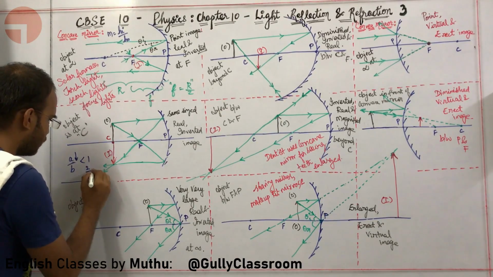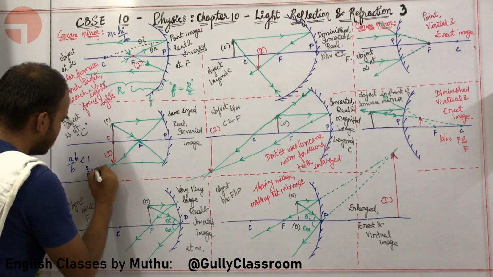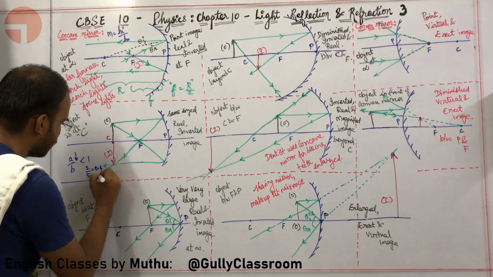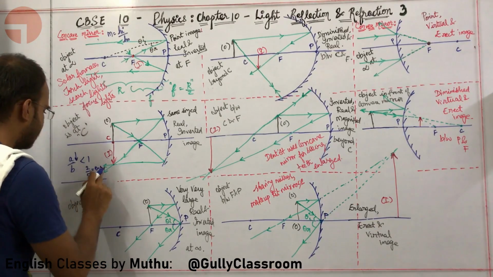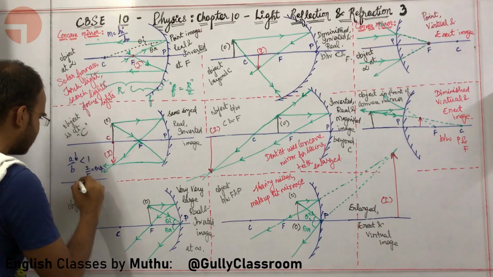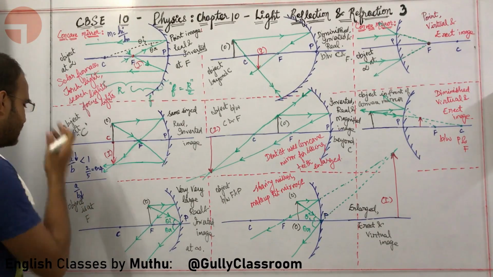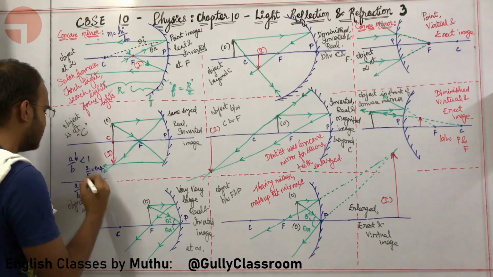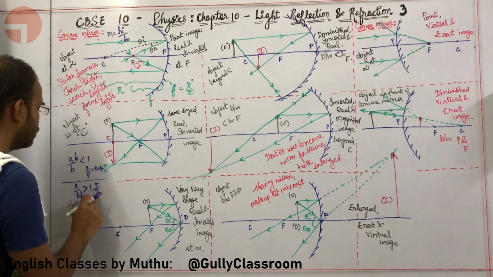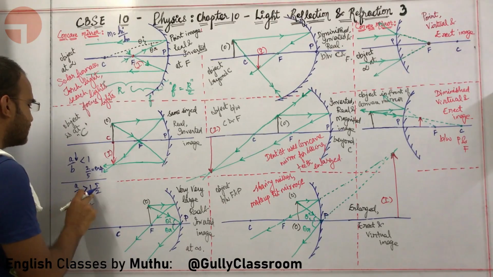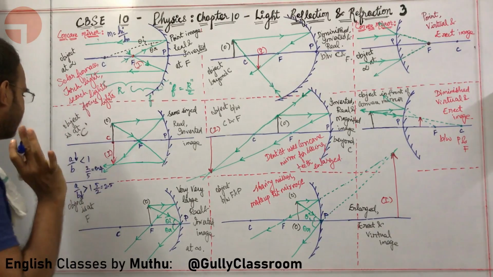So for 2 by 5, what is the value? The value is going to be 0.4. Am I right or wrong? Check it out. That is fine, sir. Let us say the b value is lesser than a, the denominator value is lesser than a. Now what will happen? Automatically this will be greater than 1. How? Let us take 5 by 2. Here 2 is lesser than 5, the denominator is lesser than the numerator. If you divide it, I am getting 2.5, which is in fact greater than 1.